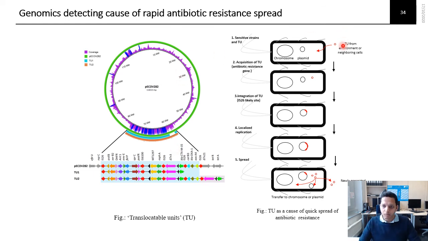These circular copies can be easily taken up by other organisms, and this is an additional element beyond the chromosome and plasmid. So this is a new genetic element that we discovered, which has been called a translocatable unit, and it can easily spread to different bacteria. They can insert into the chromosome or a plasmid. Here I am showing an example of a plasmid, and then they can make several copies of themselves.